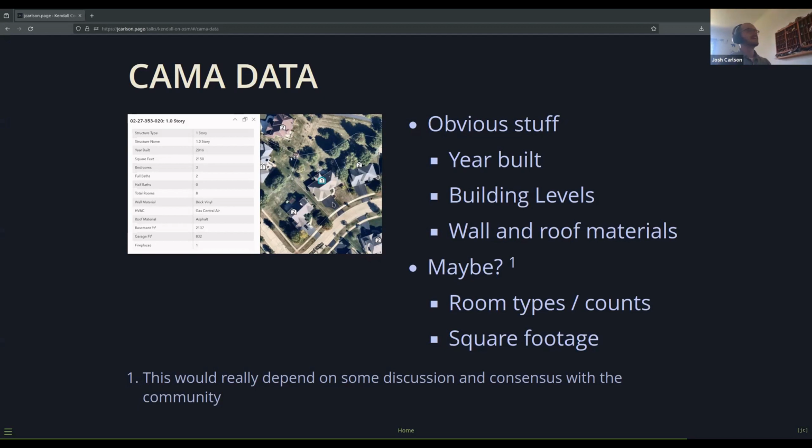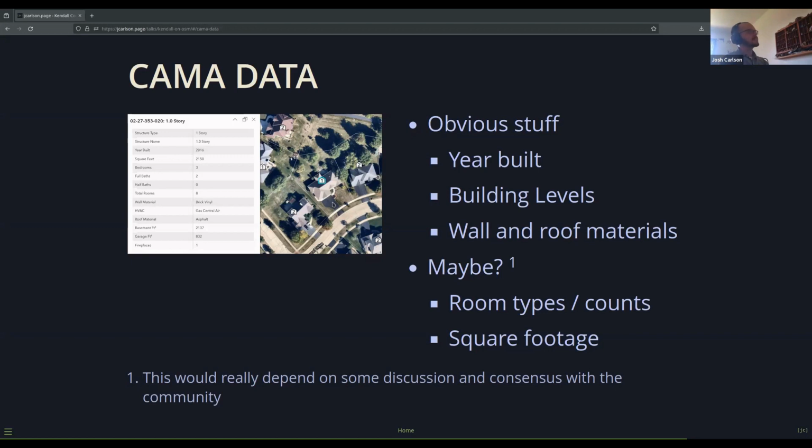And we just thought, for a lot of these attributes, they could go in OpenStreetMap. Why couldn't you just, I don't know, get one of the mobile apps and just update stuff, take pictures on the go, instead of putting it in these things that look like they were developed in the 90s and just left alone since. But some of these, I don't know. The counts for the different rooms or the square footage, I feel like those would probably depend on having some discussion and consensus before putting that stuff in, because that does maybe cross the line into private information.